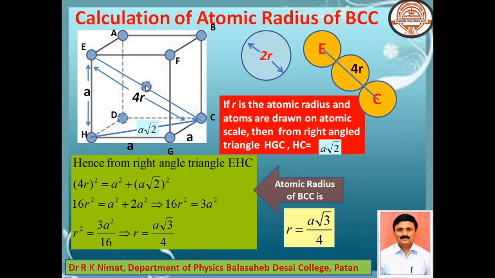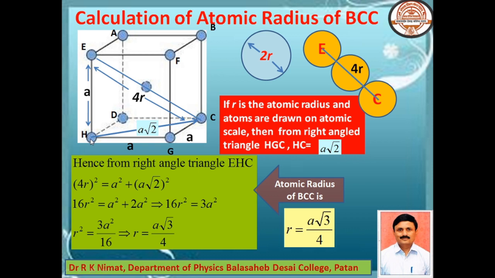So if you take r as the atomic radius, then obviously the diameter of the atom will be 2r, and if the atoms are drawn on their atomic scale, then you will observe that the diagonal atoms along this diagonal EC will be somewhat like this, and the total distance between the centers of the atoms at E and C will be 4r. Since it is a body centered cubic crystal structure, the length of edge will be a,